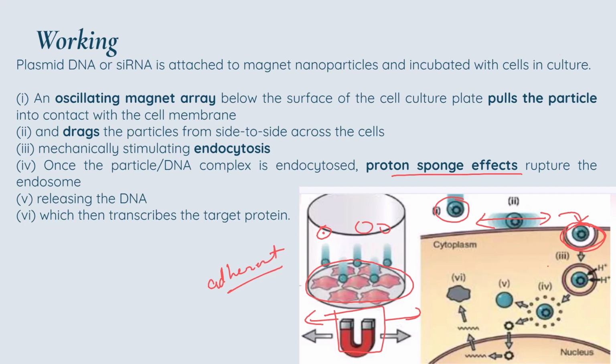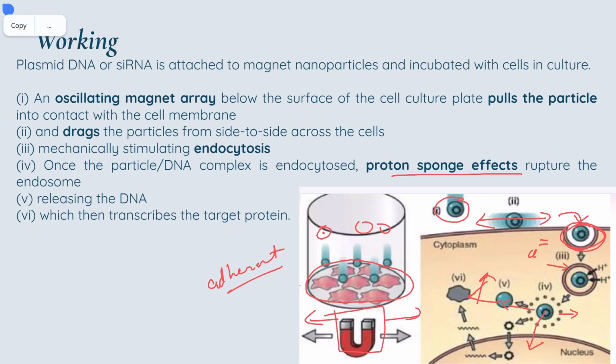First of all, the Cl minus ions get incorporated, then the water gets incorporated, and due to the pressure created by both these ions, the endocytic vesicles will break, they will rupture, and the genetic material with the magnetic nanoparticle will be released. The genetic material will go into the nucleus or wherever its target is, and the magnetic nanoparticle gets degraded,